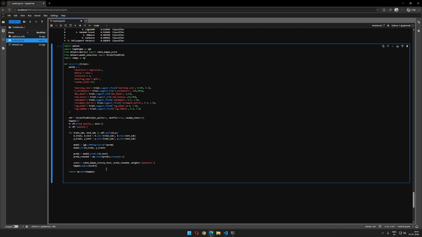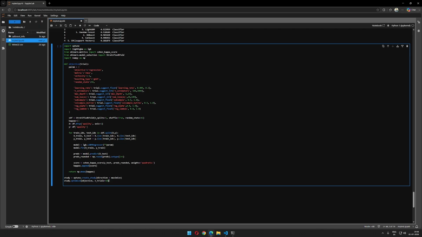I will just print it. study equals optuna.create_study, direction equals maximize, objective and n_trials equals. For now I'm just going to keep 10